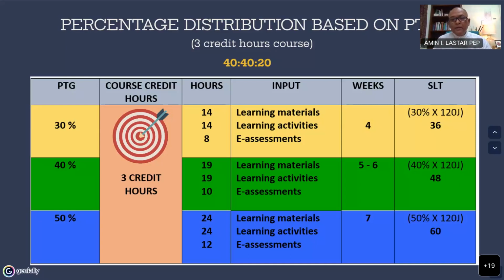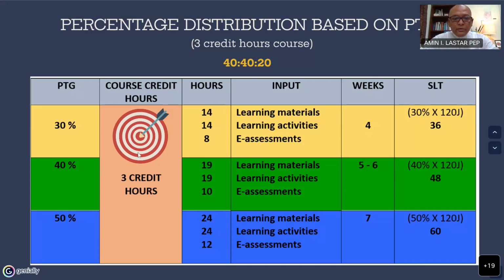That's what I mean. Okay, because we've been postponing it for quite some time already, and so PEP, we're supposed to implement PTG next semester, but there's a little bit of complication here and there, especially when it comes to table 4. So we tend to leave it for another semester. So that is why we are thinking the best way is to implement PTG next semester. I mean, sorry, next session, not semester, but I said it's next semester.